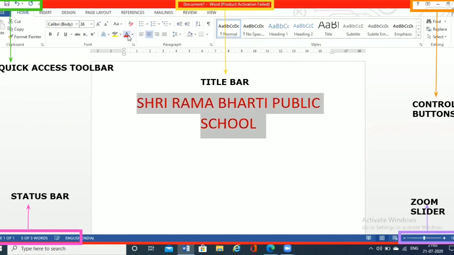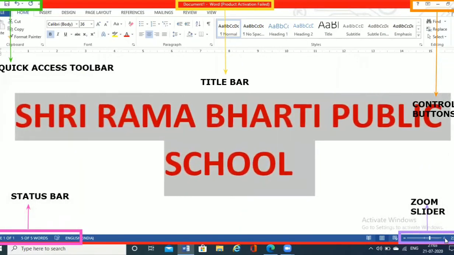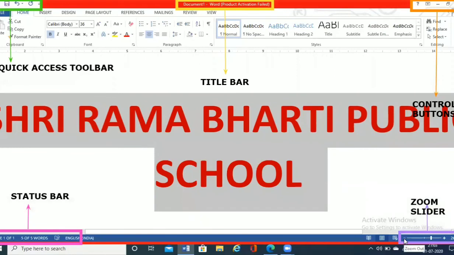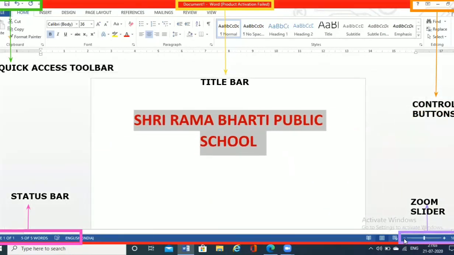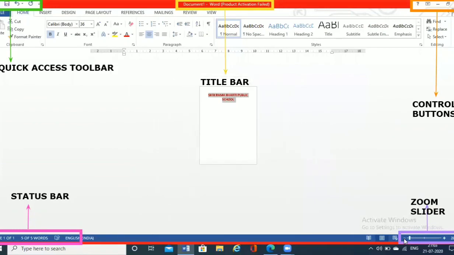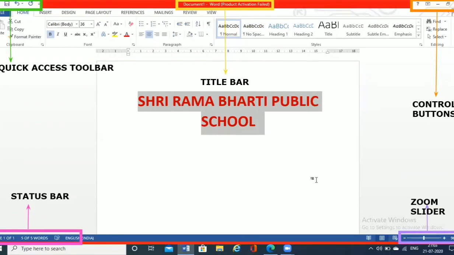Now if I click on the plus sign, you can see it is getting zoomed in. If I click on the minus sign, it will zoom out and become smaller and smaller. So this is the function of the zoom slider.